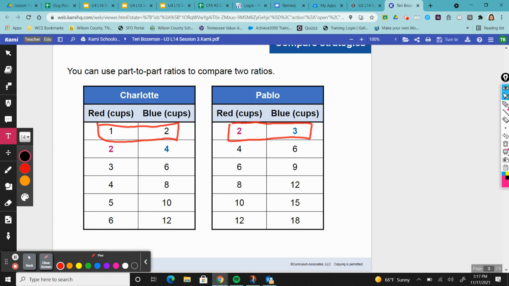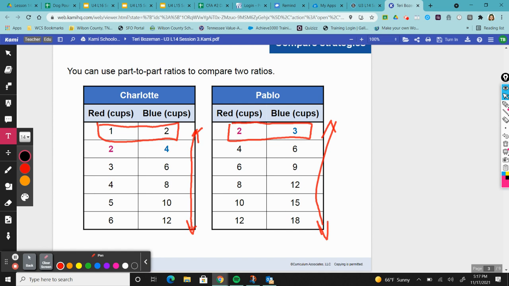Now, they set up a table of equivalent ratios, and they just listed a whole list, right? All of these, top to bottom to top, they're equivalent ratios. 1 to 2 is equivalent to 2 to 4, which is equivalent to 3 to 6, 4 to 8, 5 to 10, 6 to 12, right? Same thing over here. They made a whole list of equivalent ratios. Now,